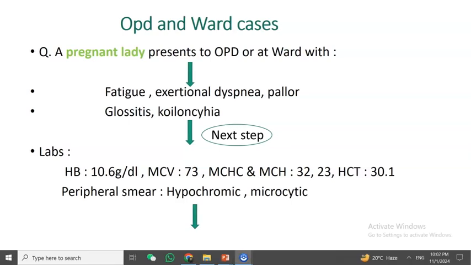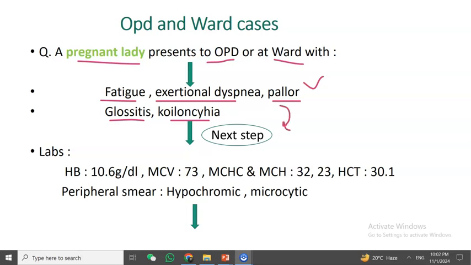So a pregnant lady comes to your OPD or she is at the ward and you have been called for a consultation regarding management of such a patient. So you found that she has fatigue, she has exertional dyspnea and pallor, so it shows the patient might have anemia. And then when you do a physical examination, you find glossitis and koilonychia. So after this, you